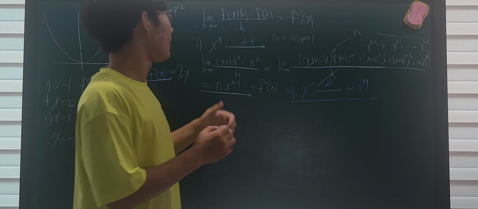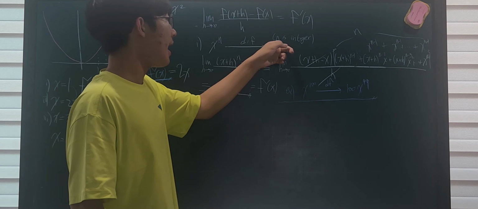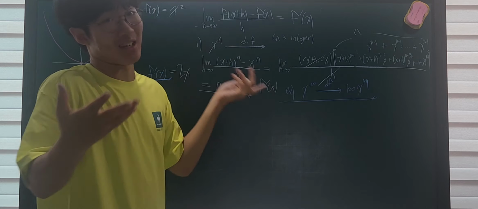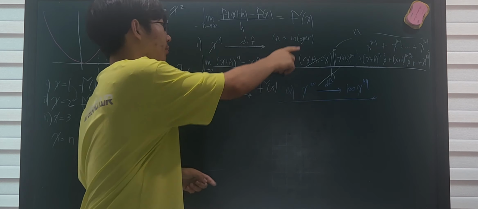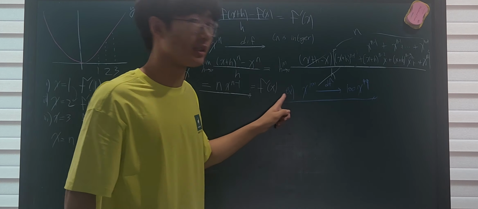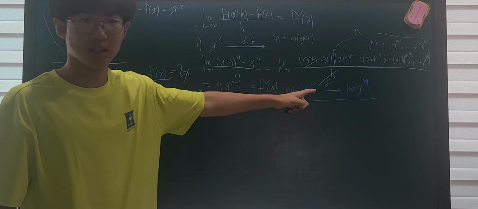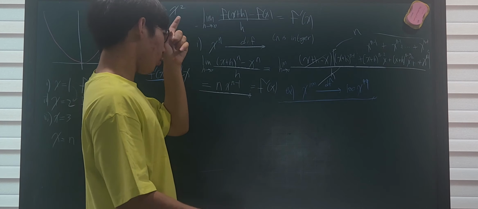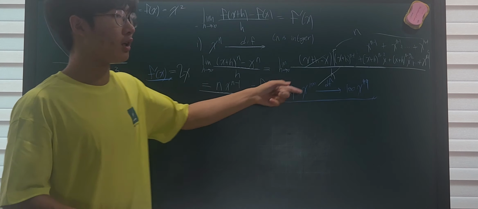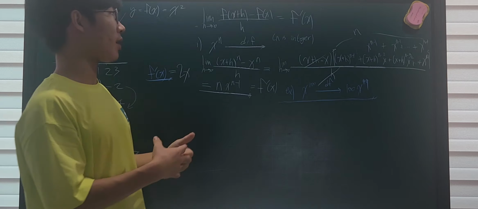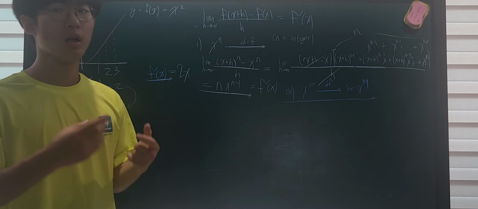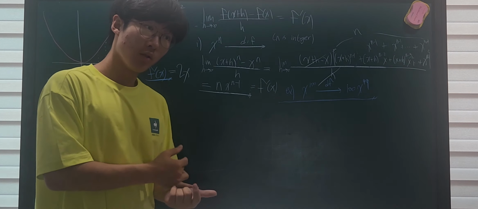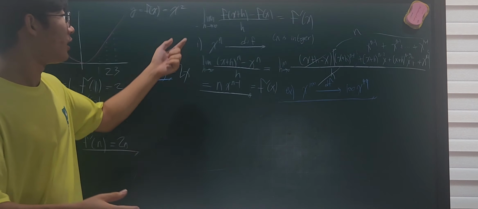However, I just want to tell you that even if n is a real number, and well, if it's imaginary, then this wouldn't exist at all, right? However, if n was a real number, the results are still the same. So let's say that n was a fraction or a decimal, then the same rule still holds. However, there is a different way to prove that this equation is also valid for the case when n is equal to any real number, right? So I will tell you that type of derivation